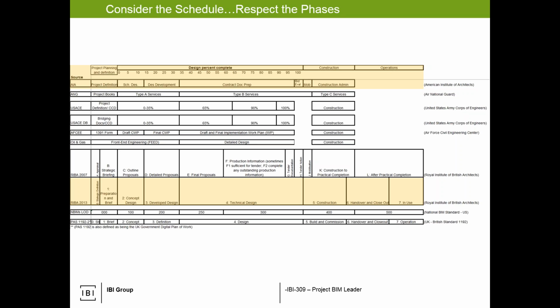If I'm doing a model at 30% design, it's not going to be the full level of development as it would be when it's finished. So if we're being pressed, an example there, if the contractor is saying, I want to take your model for quantities, yet we're at 30% design, there has to be that understanding that if they take our 30% model, it will not potentially be as complete as required to get adequate quantities for cost estimating. And that dialogue has to occur throughout the BIM leads.